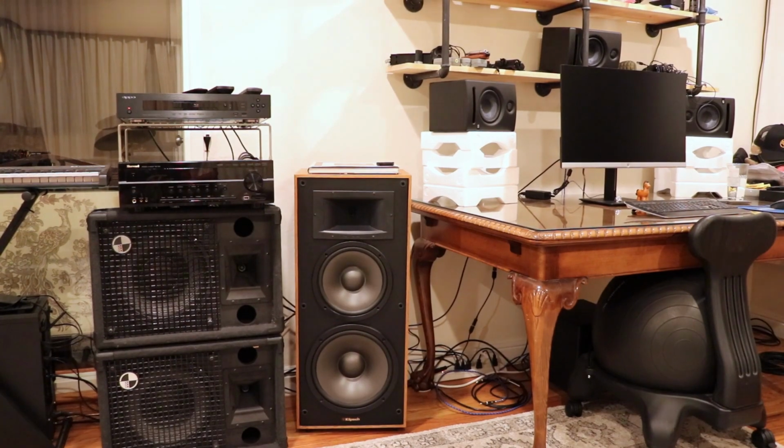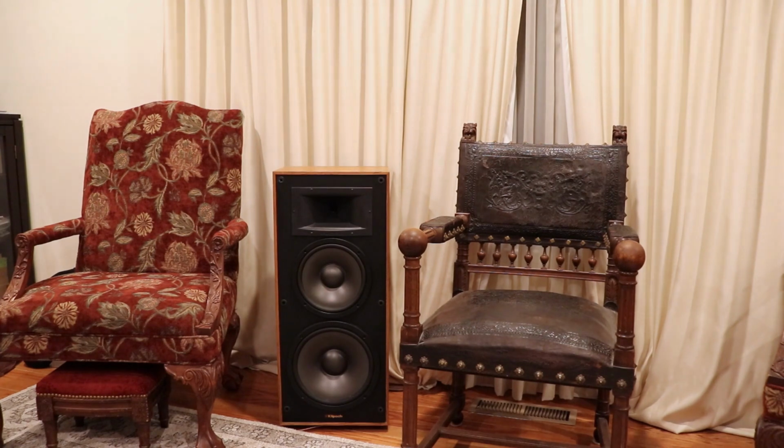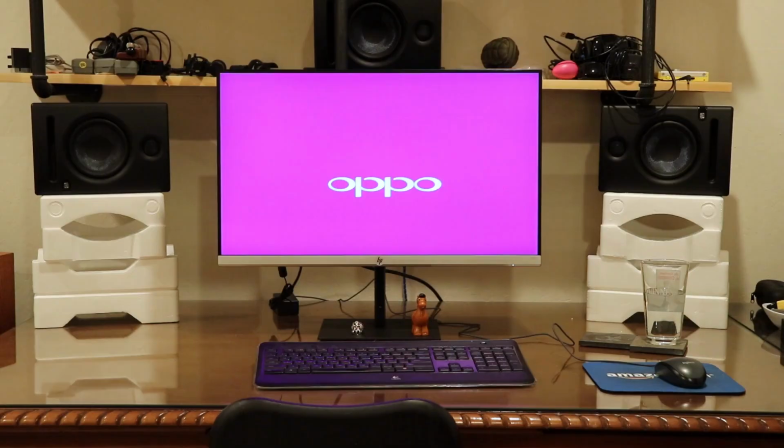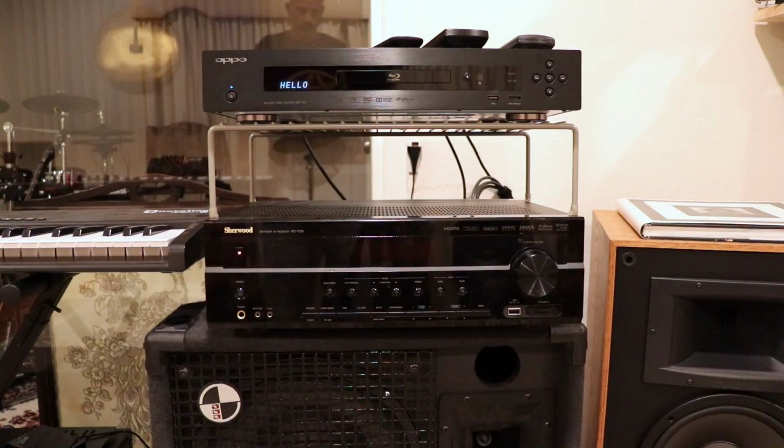And in the surrounds we have these 5.2s. And back here at my computer and mixing desk is where I'm able to access menus for DVDs and Blu-rays. SACDs autoplay, of course. And to get Operation Quad Station up and running, I've pressed into service my Oppo BDP